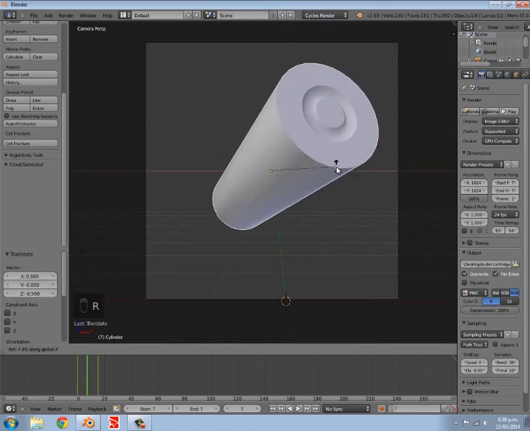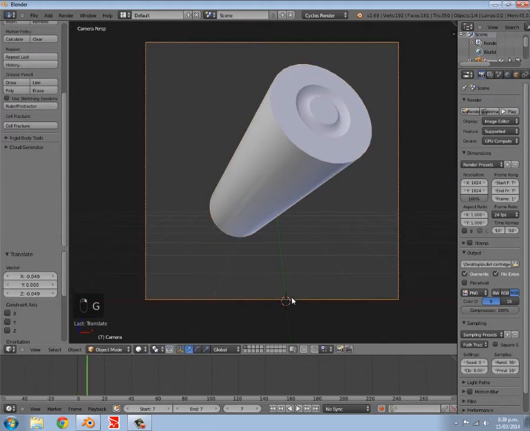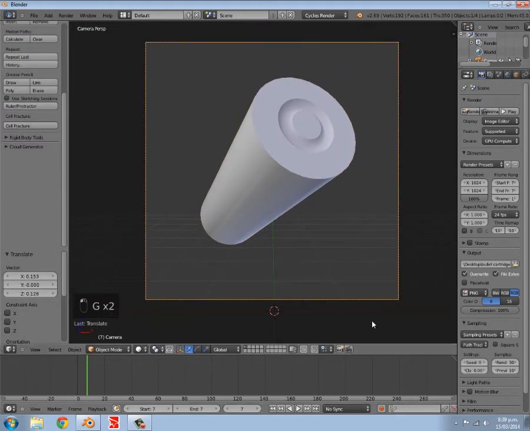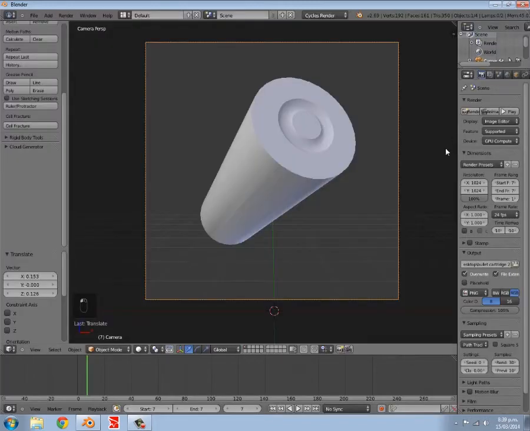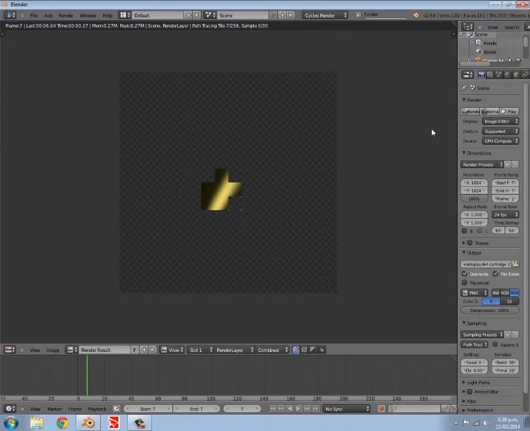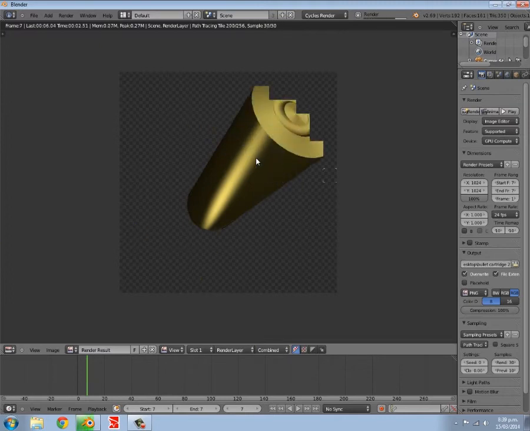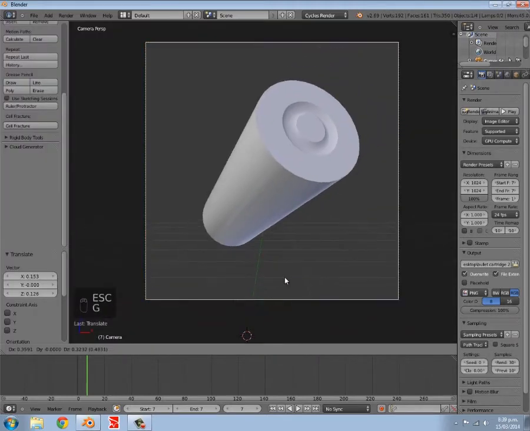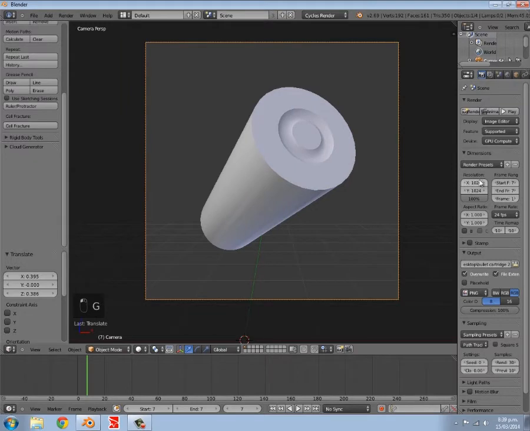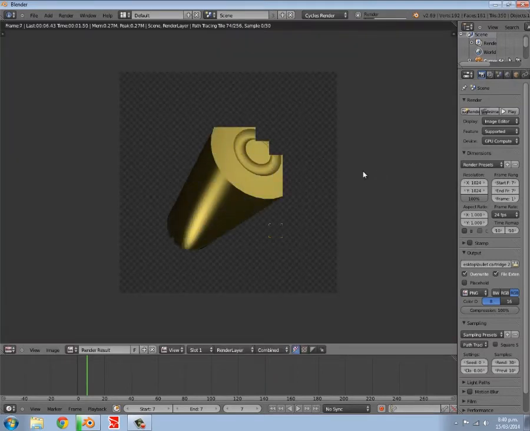So something like that. And again, adjust the camera around it. And make sure you change the name, otherwise it will just overwrite the file. So maybe this can be bullet cartridge 2. Then click accept and render animation. It's going to render it out for us, and you'll notice it's in the corners, so we aren't getting the proper blurring. So move the camera, get it in the center, do it again, render animation, and wait for it,